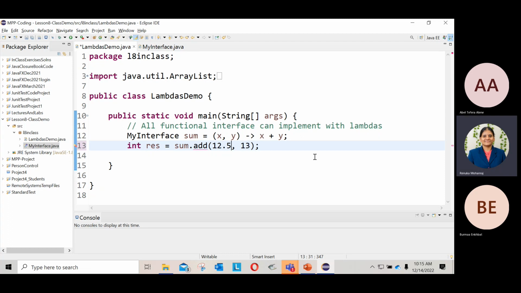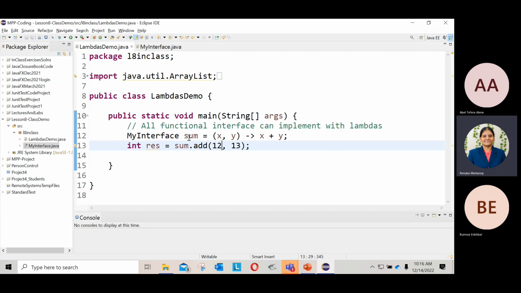This is compiler verification. Your compiler will automatically infer your argument type as well as return type. Now what happened? It says the argument is not applicable for double, integer. So your compiler will automatically verify that. We only use x and y, but we don't need to specify the type integer there. So my question is how it automatically targets the type integer.